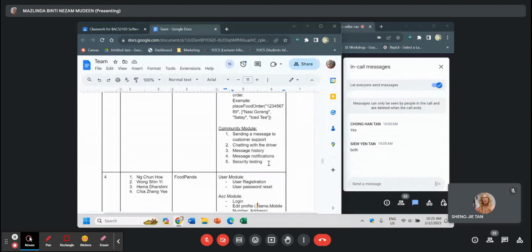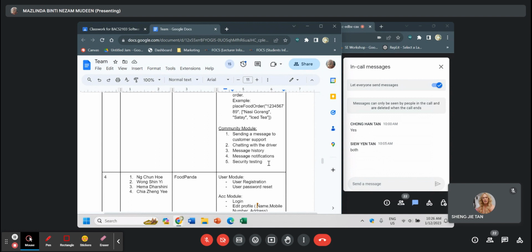So let's assume like the previous group, they said they are submitting a case, right? Like when there is any issue. So that is when they are communicating with the customer support. So the function here is actually like submit a report or make a complaint. So sending a message to customer support is actually one step of doing the complaint. So I need the function. I need to see what exactly the functions are.